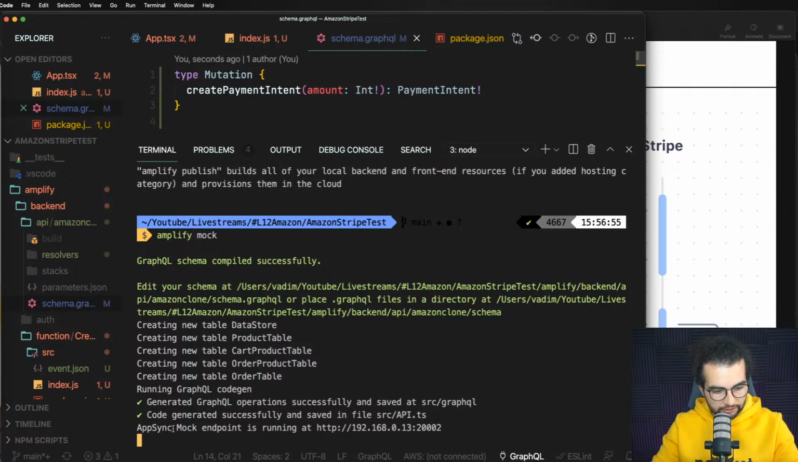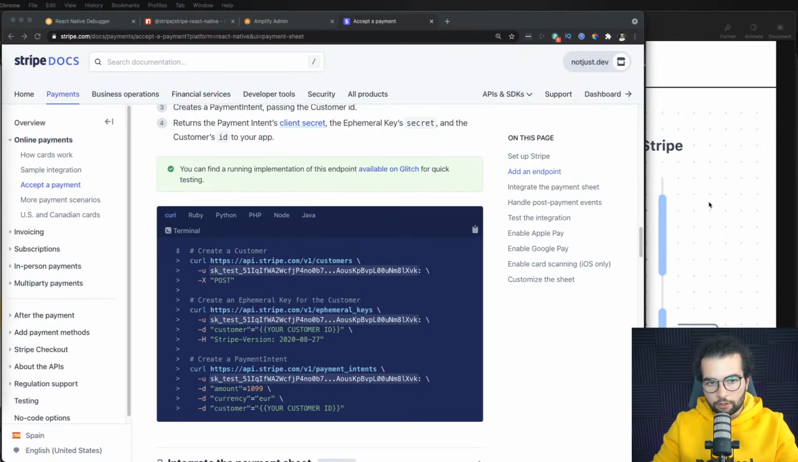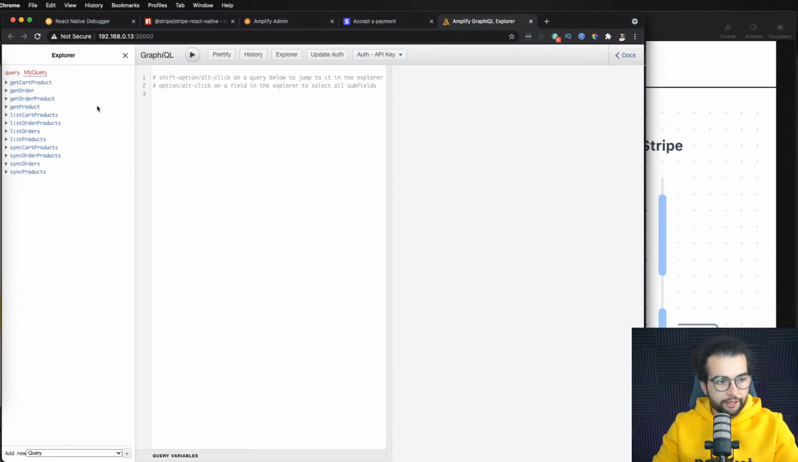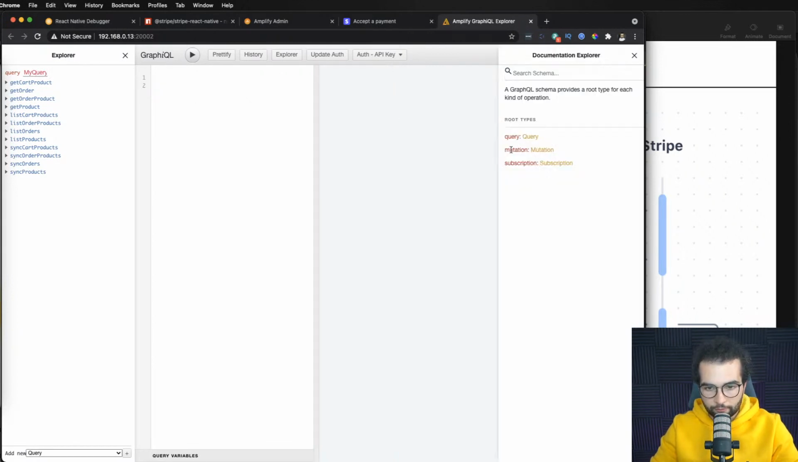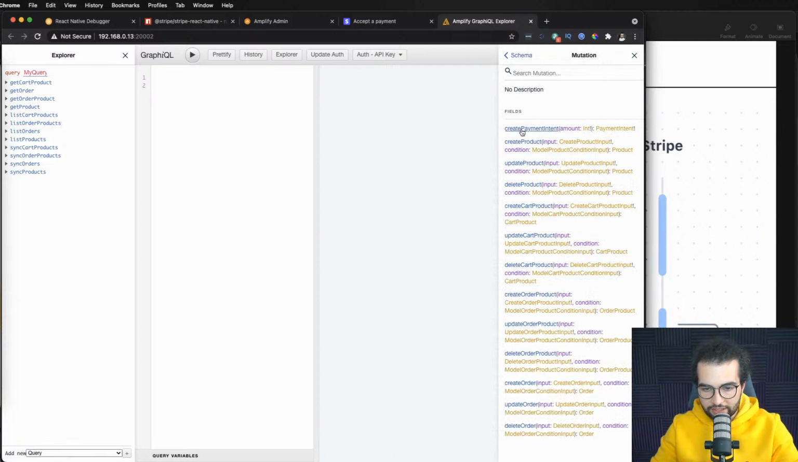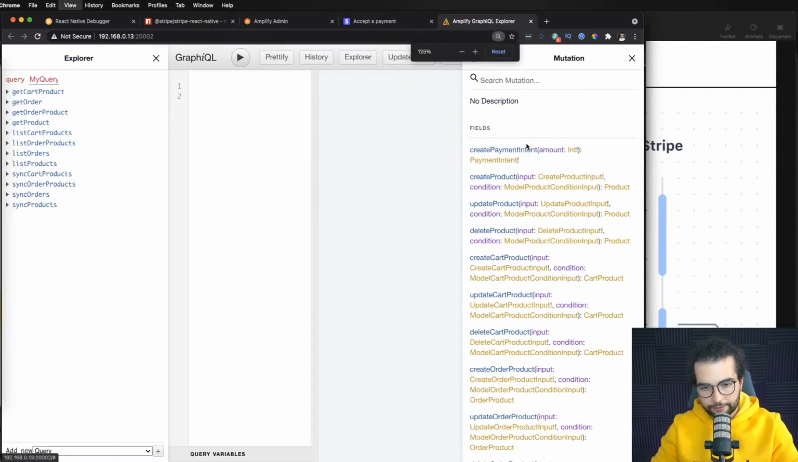Code generated, AppSync mock endpoint is here. Let's open this URL. Okay, it should be somewhere here. And here it opened our GraphiQL. So we have a mutation, but we can also see the documentation. In the mutation, let's see if we have here